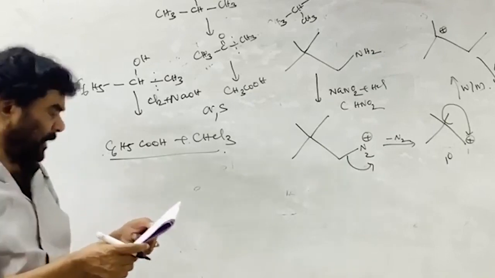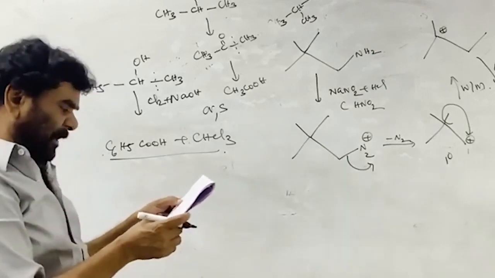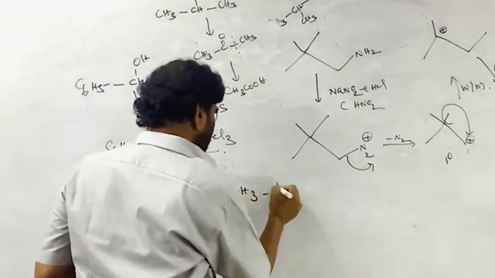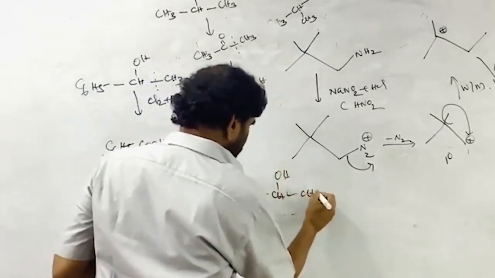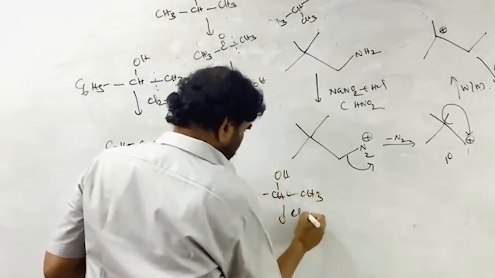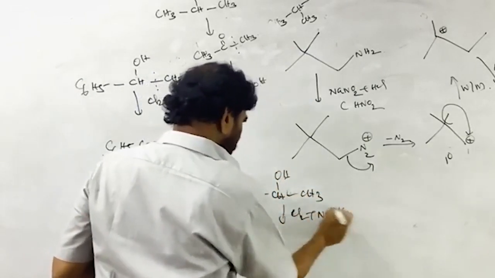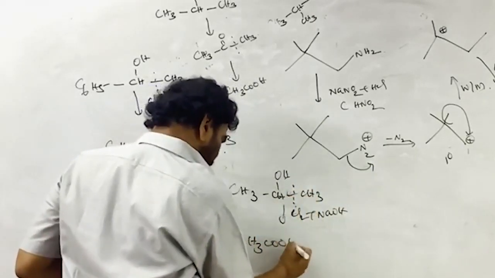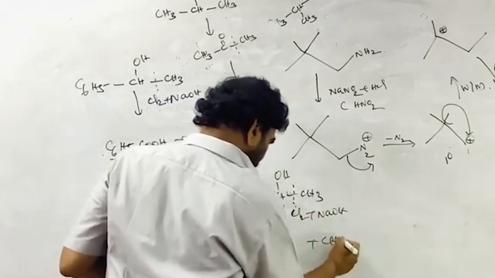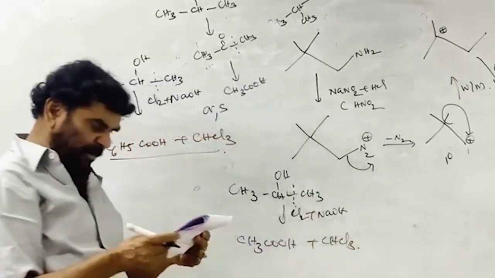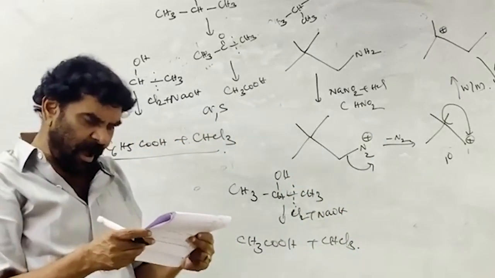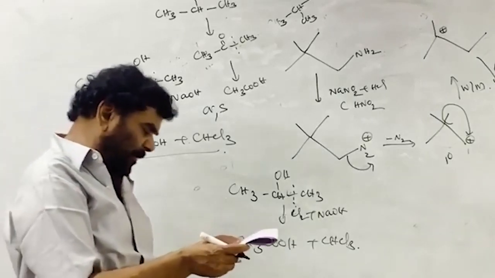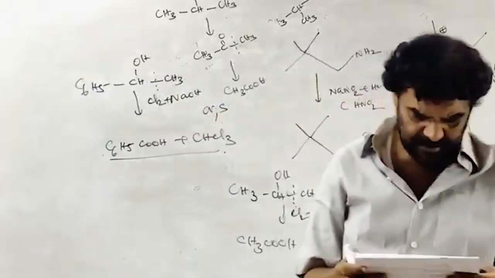If you come to C, that is also isopropyl alcohol treated with chlorine and sodium hydroxide, the haloform reaction. After acidification, this part is acetic acid, this is chloroform. For C, what are correct? R and S are correct. R is the acetic acid, S is the chloroform. Both are formed.